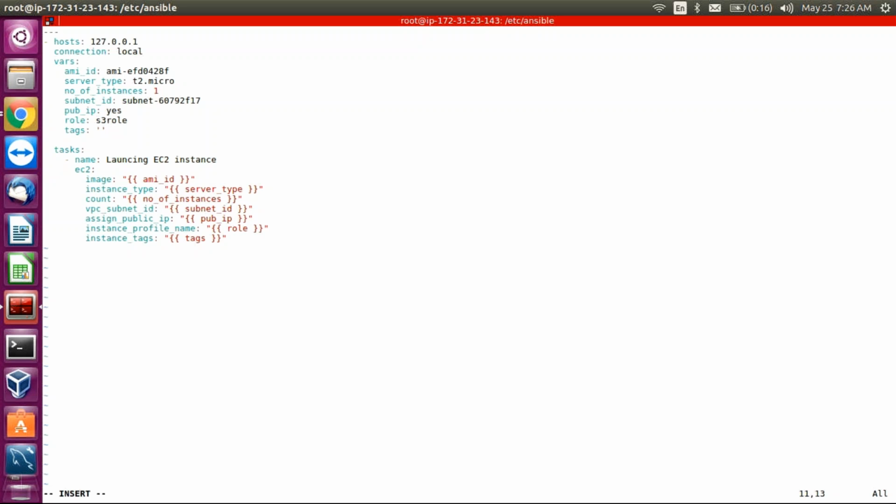So what you have to do is write it such a way that name should be in quotes, name colon, and here you write like this. Web server 2 is my host name. Okay, and comma,